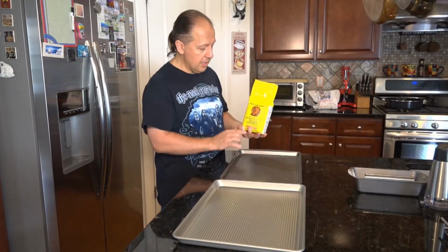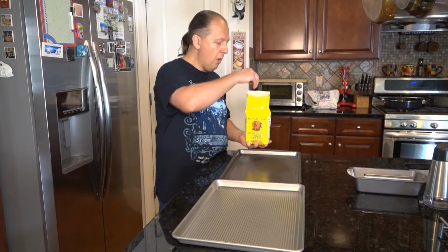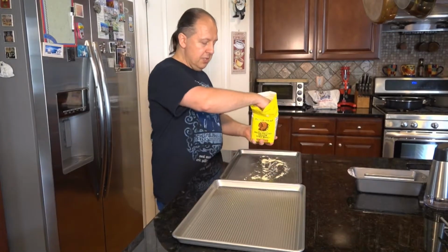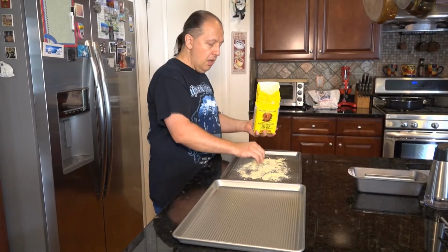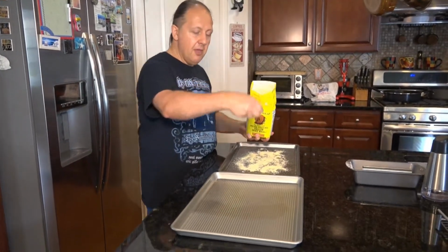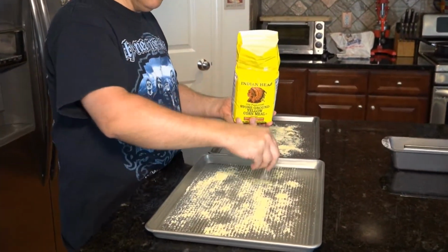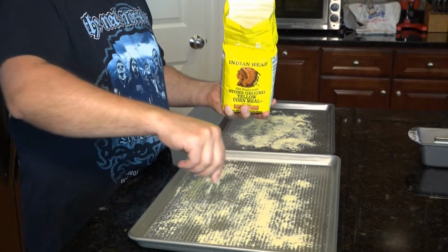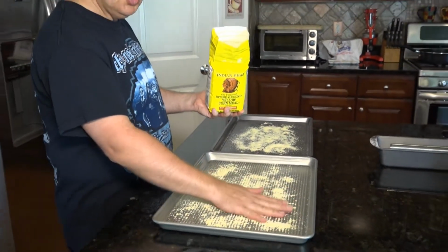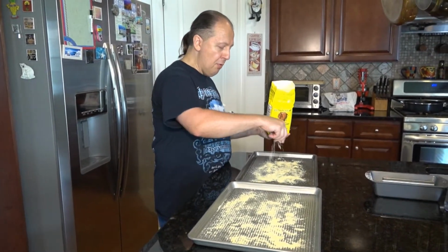But what we're going to do is take this stone ground yellow cornmeal and put it on these trays, because after we eventually shape the bagels, which is the hardest part, I'm going to lay them inside these trays. I'm hoping to get at least a dozen bagels, depending how I roll them. Then I'm going to let them sit on these boards so that, number one, they don't stick, and number two, they proof for a little